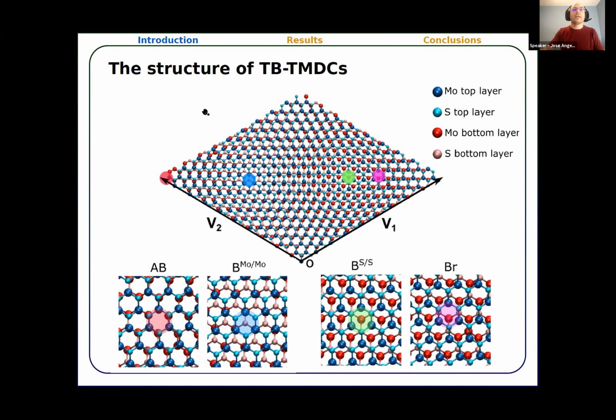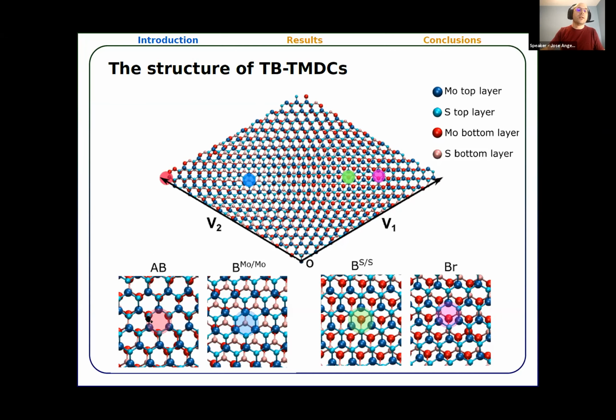So in our case, we start from an AB stacking, and we just twist the two layers to whichever angle we want. And in these Moire superlattices, we basically find four positions or four regions that are high symmetry stacking. So for example, we have the typical AB stacking where the chalcogen atom is on top of